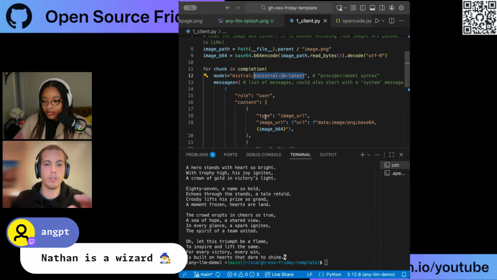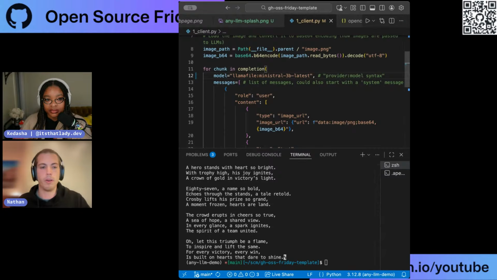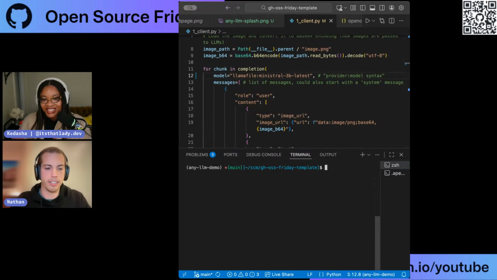And so now let's rerun this script, but let's say, hey, instead of talking to the cloud, we don't need the cloud, let's talk local. And any LLM has the Llama file provider. Because we're using the default settings, running it locally on the default port, we don't need to edit anything else. If we were hosting a Llama file on a different port that wasn't the default port, we could edit some more settings to make that work. But because we're using the defaults, no more work is to be done. I just changed that one string, save the file, and now no more cloud. Let's use this local. So let me clear, and then we're going to run that example again.